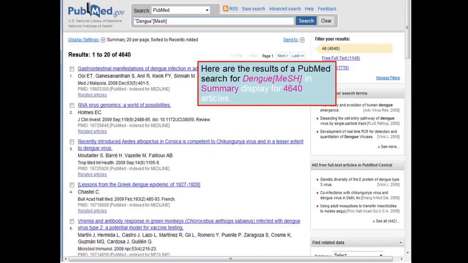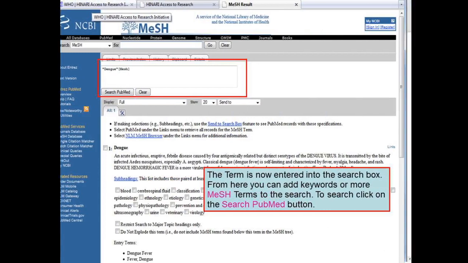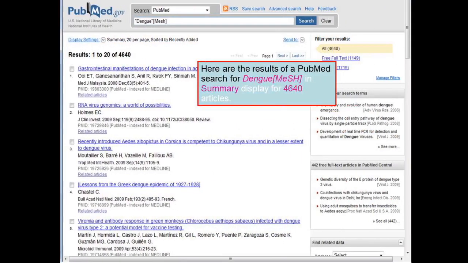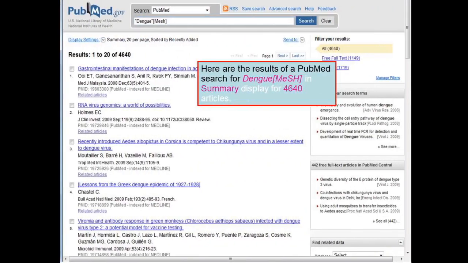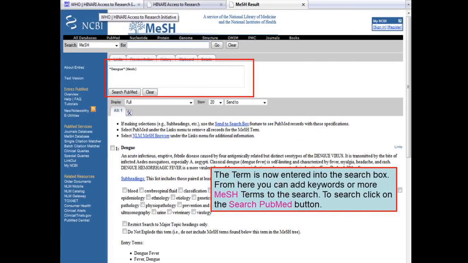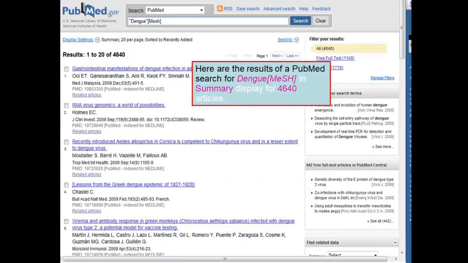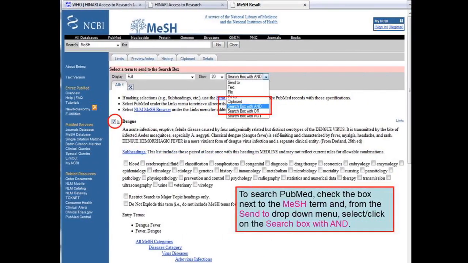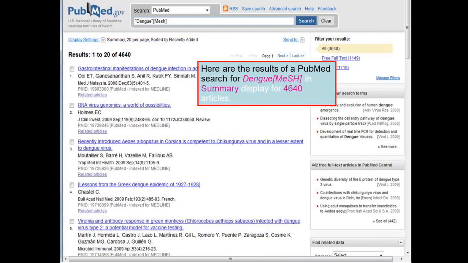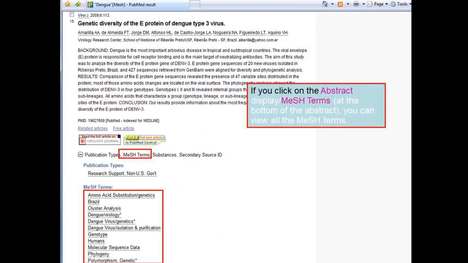So here are the Dengue results. So Dengue as a MeSH term displays around 4640 articles. Fine. So if you click on the abstract display, at the bottom of the abstract, you can view all the MeSH terms. Okay, see,